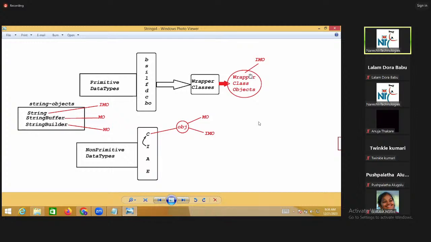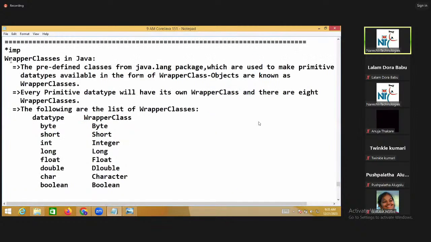Yesterday I took the concept only, but the practical I have not done. I want to explain a bit more clearly how the object is going to hold that value. I want to show it, so today I took that practical part. Before that, let me repeat. The wrapper classes concept is very small, but you can expect at least one question from it. And wrapper classes will play a key role in your collection framework, meaning the data structure chapter.